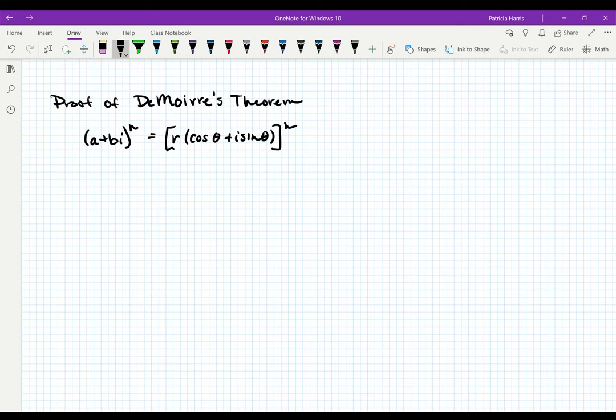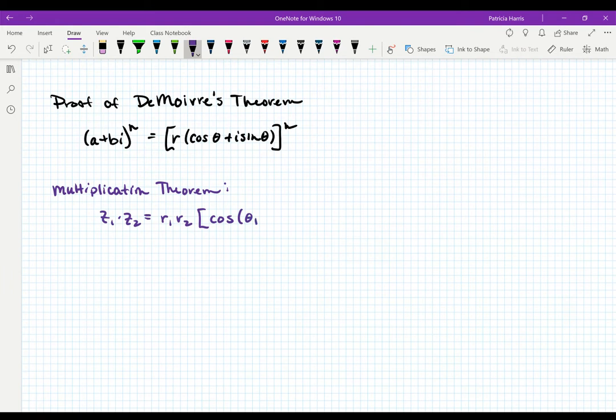So I have the multiplication theorem, which says that z1 times z2 is r1 times r2, and it's cosine of theta 1 plus theta 2 plus i sine of theta 1 plus theta 2. Now, that assumes that your z1 and z2 are different, but what if they were the same? So what if you were trying to find